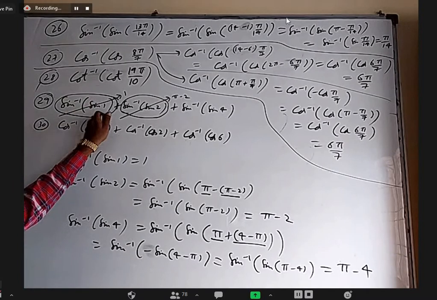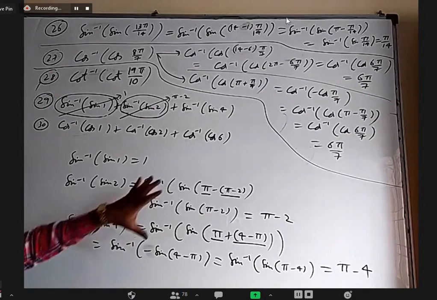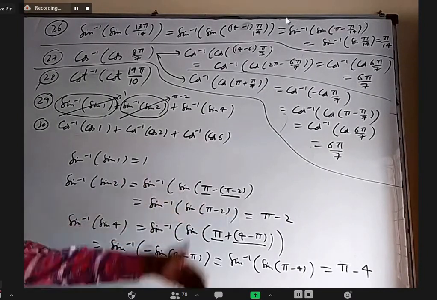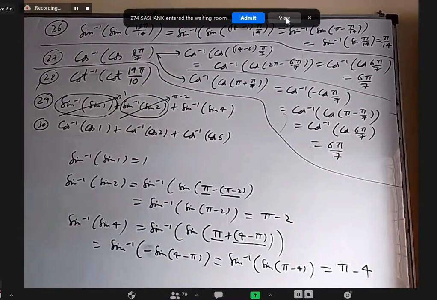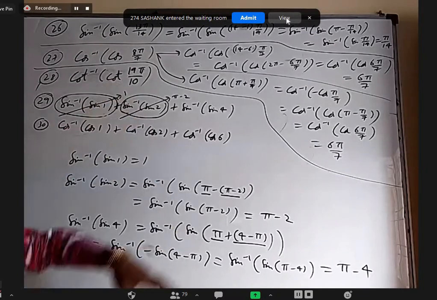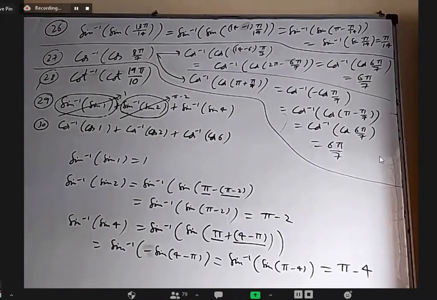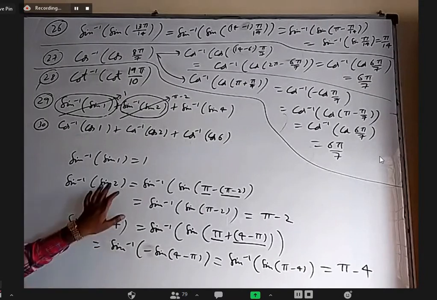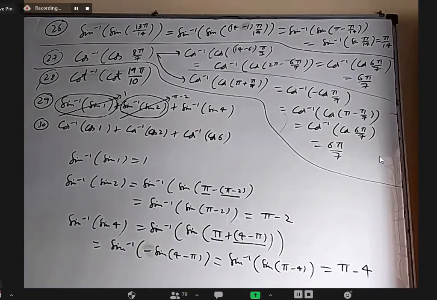So this alone is 1, this alone is pi minus 2, this alone is pi minus 4. For some people, this will be quite confusing. Okay, I understand that. Try to understand as far as possible. Later on, I'm going to discuss something more about this, but I wanted to give an idea. If degrees are given, it is easier. If radians are given in terms of pi, it is easier. When radians are given like numbers 1, 2, 3, 4, 6, 7, there will be some confusion. One way to avoid that is to convert this into degrees, roughly, and see how you would have done that. All right.